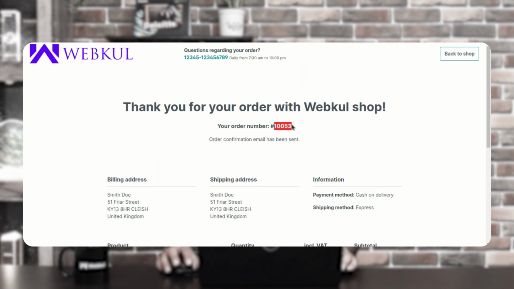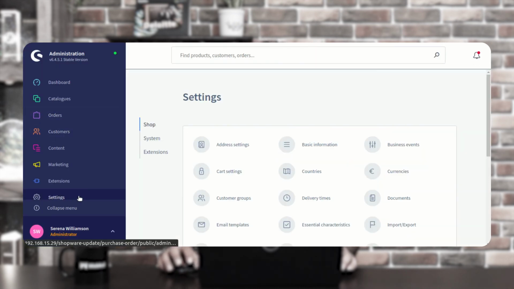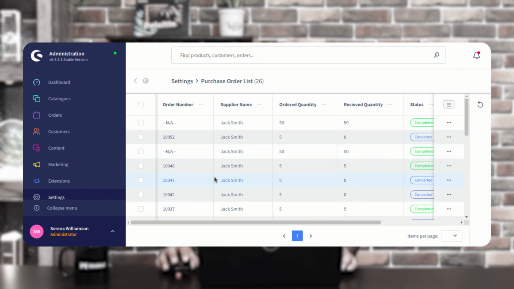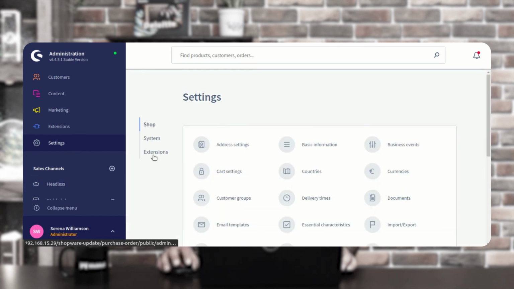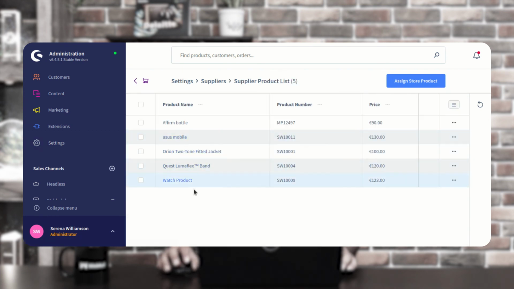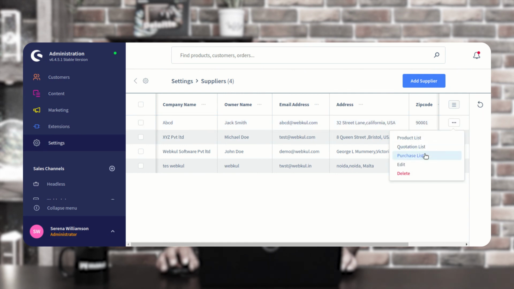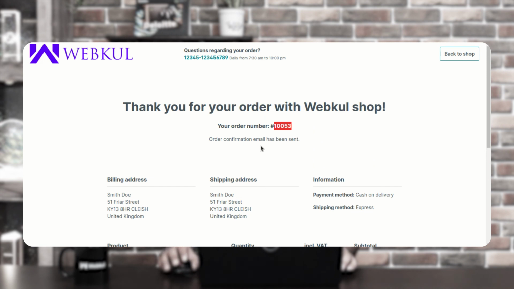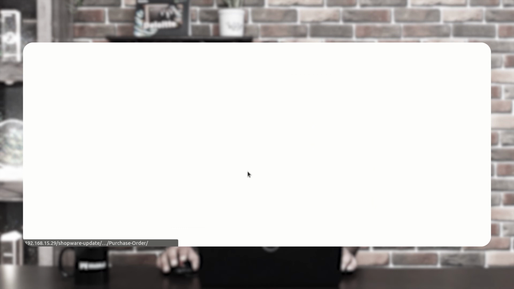As soon as the order gets completed, you can see that the order number is 10053. Now if I go to the backend, go to settings, extensions, and purchase order, you can see that right now it's not showing it. I'll go to settings, extensions, purchase order suppliers, and here's the supplier with the particular product, the watch product. Here I'll go to the purchase list. Okay, it's not showing the 10053 right now. Let me go back and go to the purchase order once again,